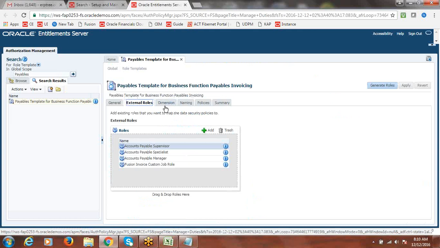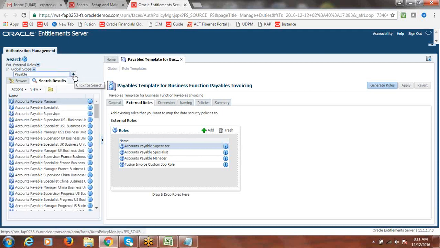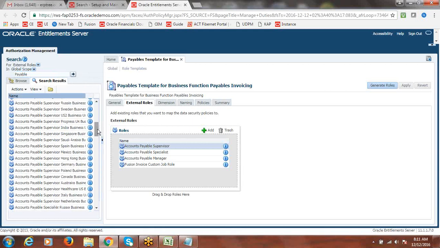External roles. Okay, I'm sorry, not this one. Duties, I'll go with this, not template. Go to roles and search for it here. So earlier we created one role for payables only for invoice creation. I'm just going with some other role.